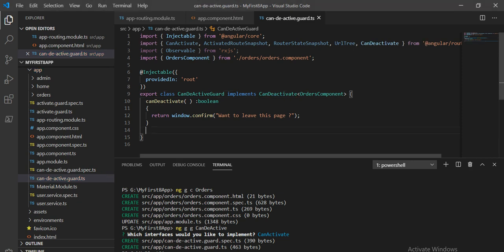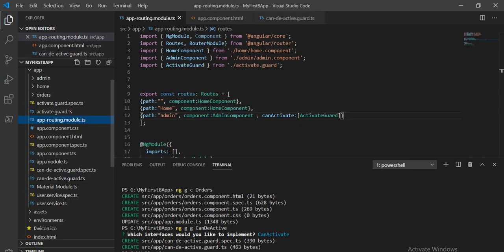Next, we have to add this can deactivate guard in the route config. Just copy this, because we have to make one more path for orders.